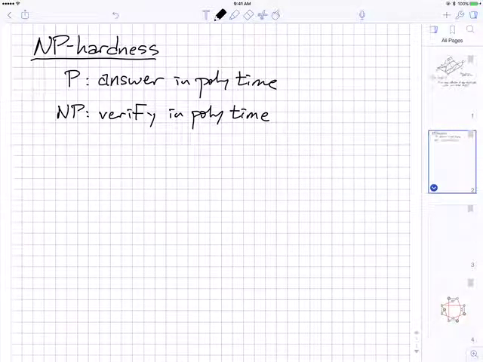the set of problems where if you're given the answer and given a proof that that answer is correct, you can verify that in fact that is a proof in polynomial time. So P is the set of exams that you can take in half an hour, and NP is the set of exams whose solutions you can read in half an hour and understand and believe. Okay. So a problem is NP hard